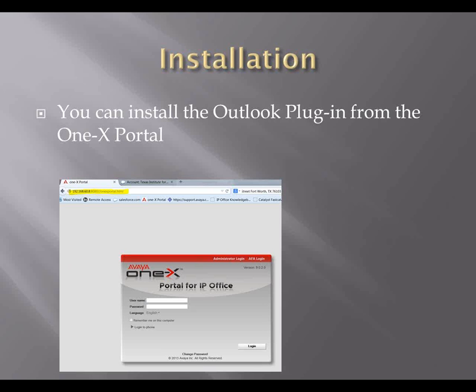So now that we have a user configured for Outlook, you'll need to download the Outlook add-in. And to do that, you'll need to go into the 1X portal and download the software. So you'll go to the URL that you have set up for your 1X portal, and if you don't know what that is, you can reach out to our support team, and if you think you already have 1X portal deployed, we can help you locate this URL so you can get these